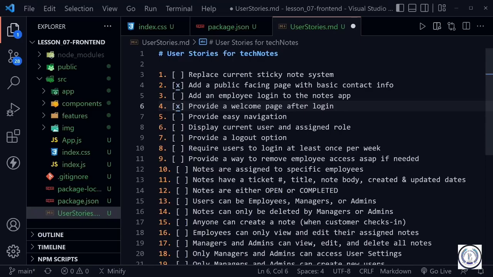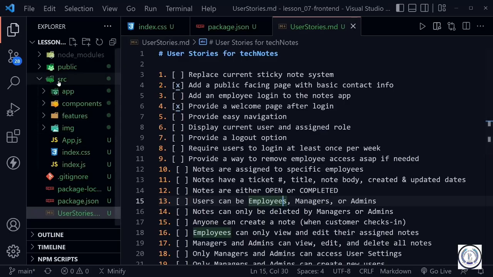Some of these others we are very close to completing, but maybe we can't say it's completed yet because it also deals with roles and protections and things we haven't applied through authentication and authorization yet. Or there are things just like provide easy navigation, which we have done somewhat with our users list and notes list, but we're not finished yet. We need to provide some more navigation throughout the application. So now with these 2 boxes checked and our target set on goals or stories 10 through 13, let's go ahead and save our user stories.md file